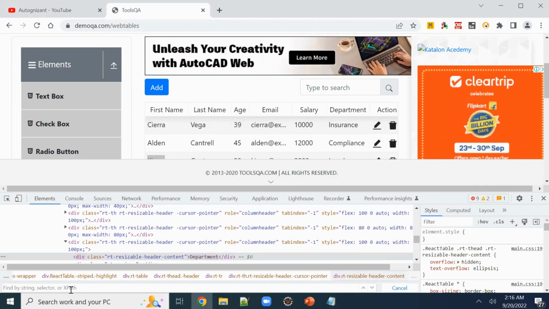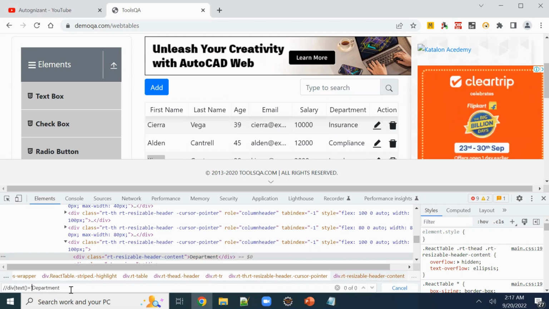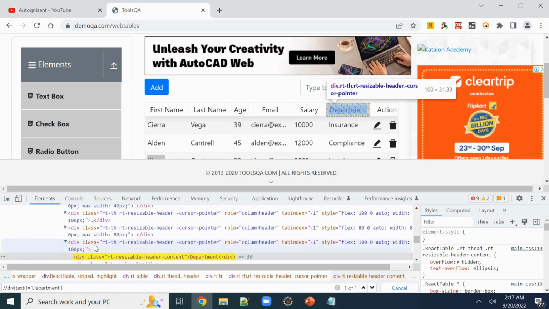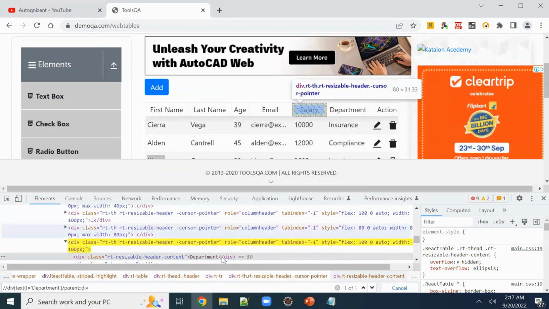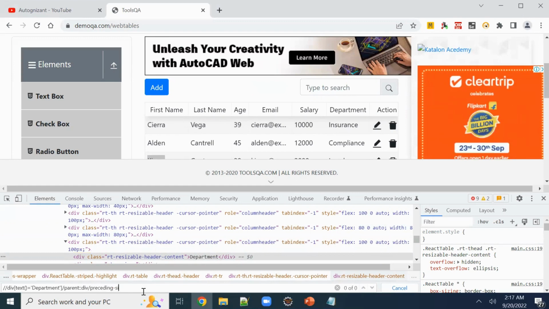in the XPath, right? So let me identify this element first, slash div text is equal to department, right? Now let me switch to parent element, parent div. Now we are at sibling level, right? Now I have to traverse back to the preceding siblings. So I'm going to use keyword preceding sibling